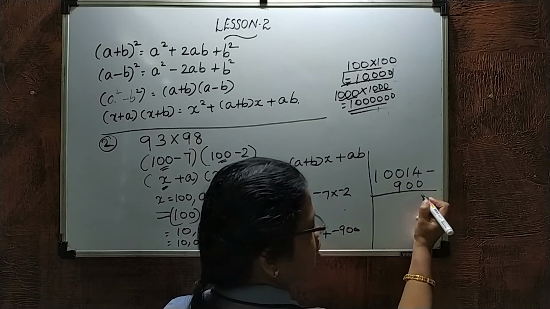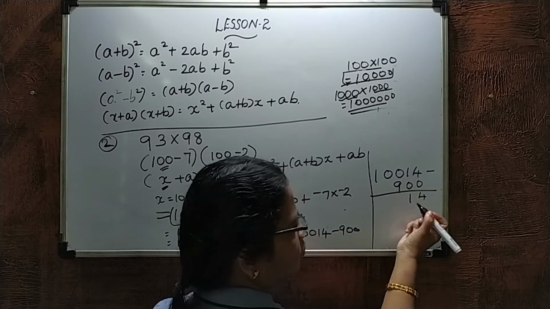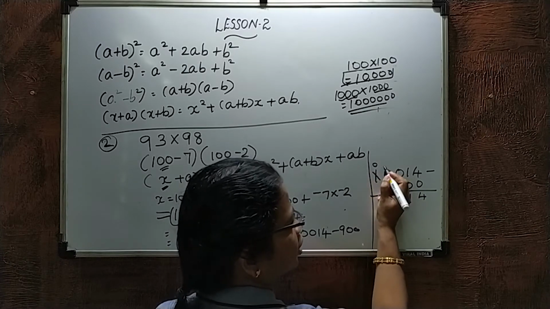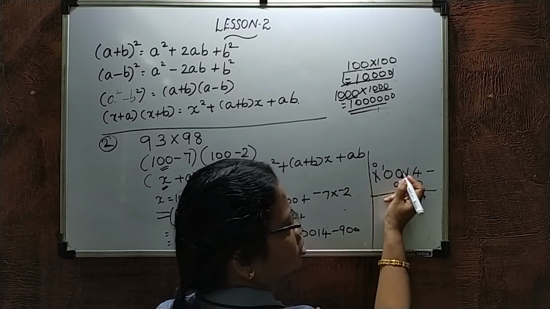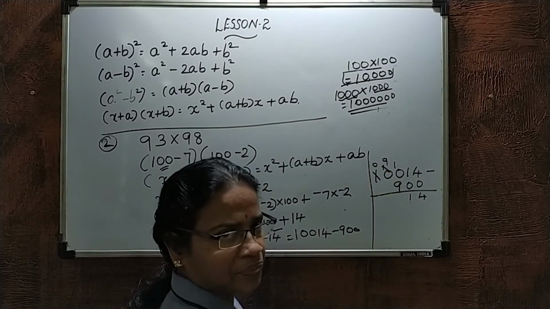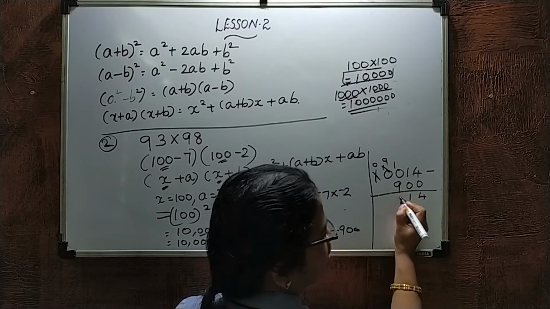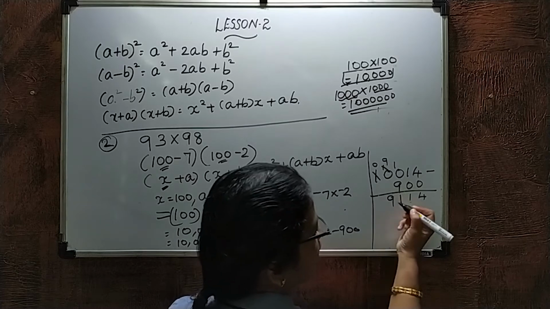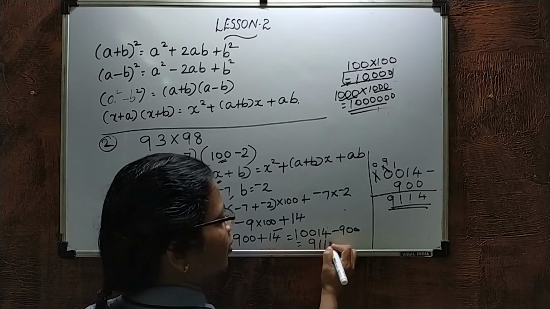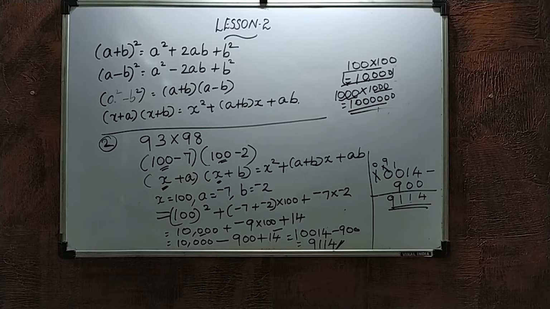Then it is 4 minus 0, 4 and 1 minus 0 is 1. Then here I have to borrow. How will you borrow from here? Here it is 1 is there. You will take this one to here. It will be 10. Again we want, here also 0 is there. So make it as 10. Here it will be 9 and here it will be 10. Right? So it is 10 minus 9. You will get the answer 1 and then 9 is here. Here it is 0. So the answer is 9,114. Clear? Okay then. Then next problem.